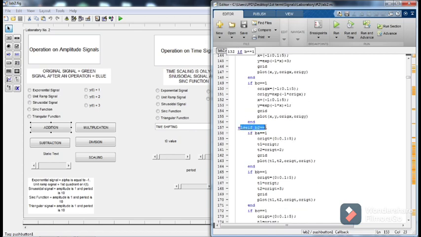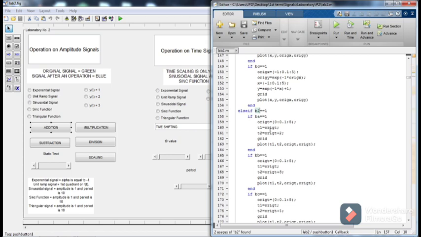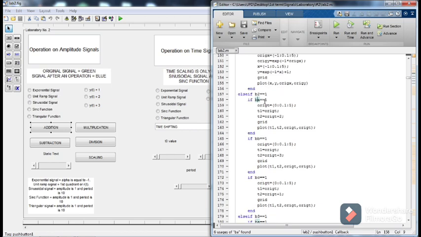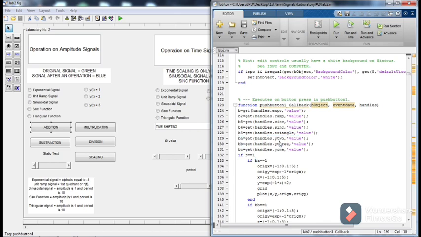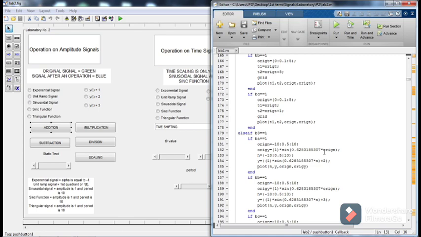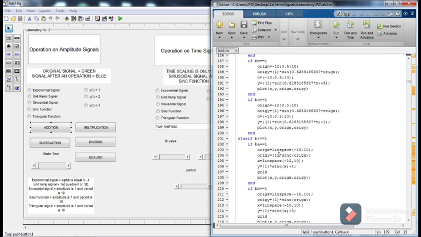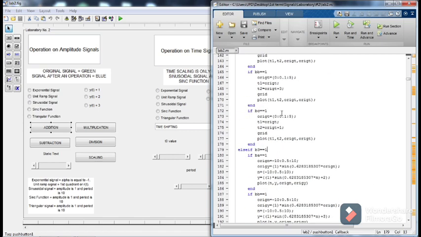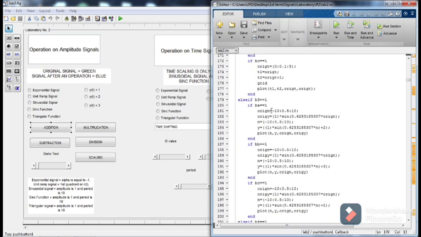So the other condition is b2 equal to 1, and b2 is the unit ramp signal, and ba is the y of t equal to 2, y2, bb is y3, bc is y1. So else if b3 is equal to 1, the sinusoidal signal, that is the orig n and orig y,